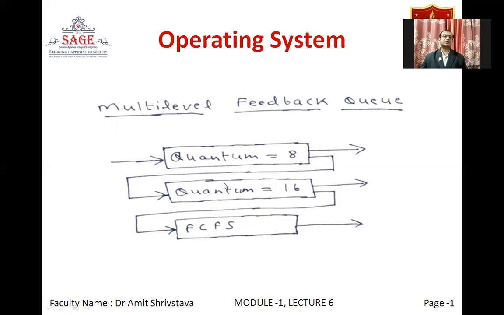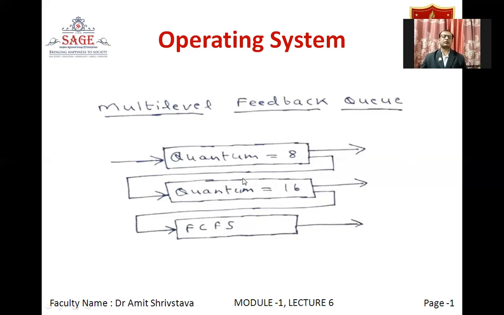For the simple reason that system processes and interactive processes have lower time requirements. The system processes or interrupts will require less than or equal to 8 milliseconds. So if it is an interrupt or a highest priority process, it will simply execute here and exit. If it is an interactive process, it might take a little more time, so we serve that kind of process in the second level queue. But if it is not a system process or an interactive process, it will be sent to the lowest level queue. So automatically the bifurcation is done with this kind of scheme.